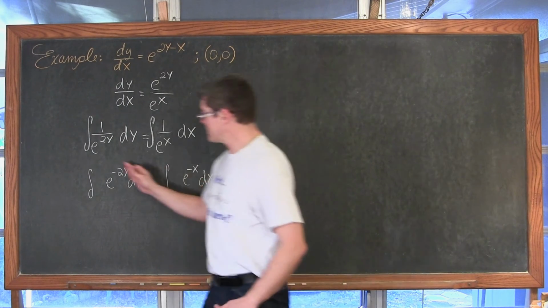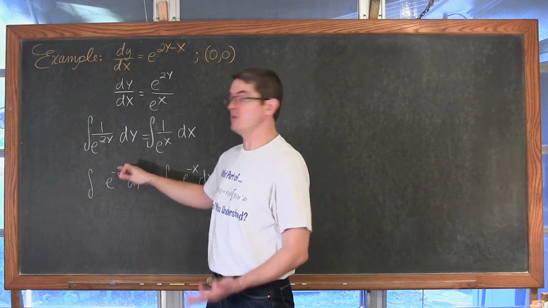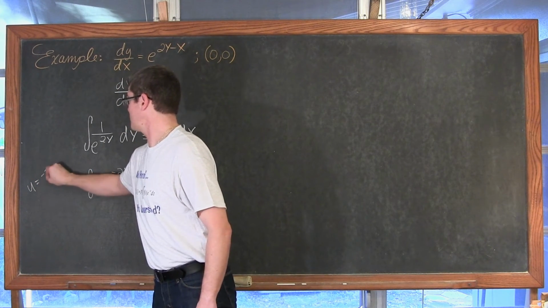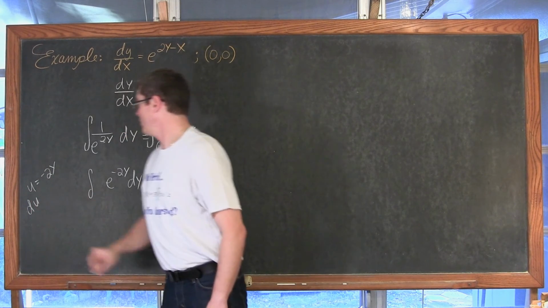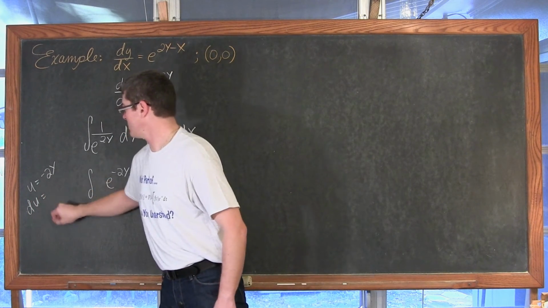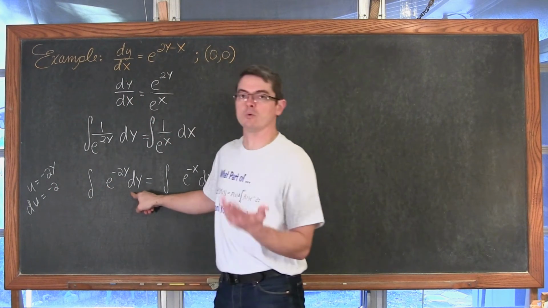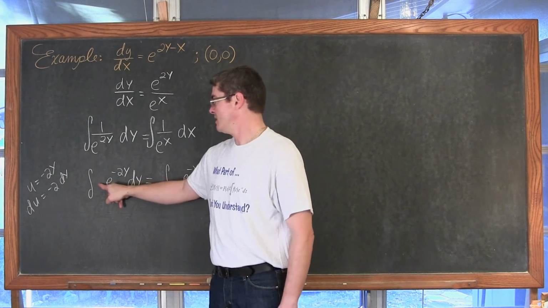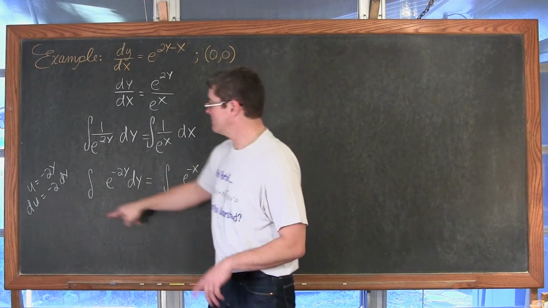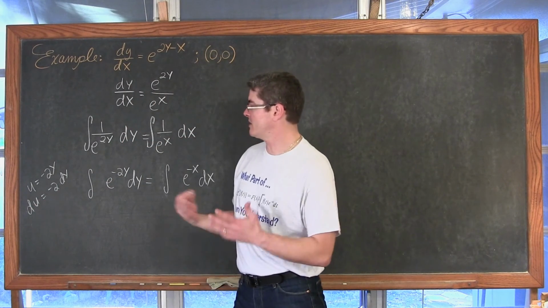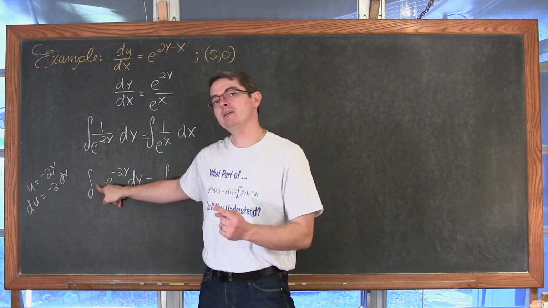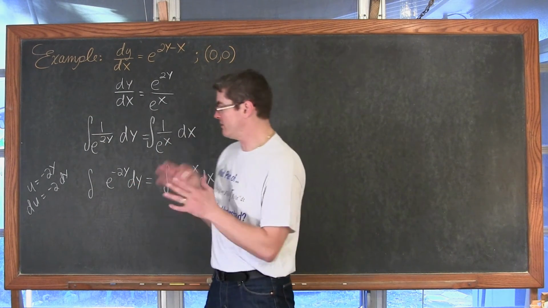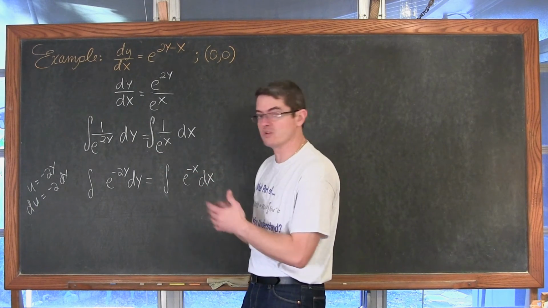In other words, if you looked at this and said, well, that's not just e to the x, I need to do a u substitution. Well, u is going to be, hopefully, negative 2y, and then du would be equal to negative 2. Now we're taking the integral with respect to y, so it'll be negative 2 dy. And you're like, what, I have a 1 dy, and I would normally divide both sides by -2. But basically, if I had a -2 here, I'd have my -2 dy, and I'd be recognizing that pattern so that we can finish our integration problem.